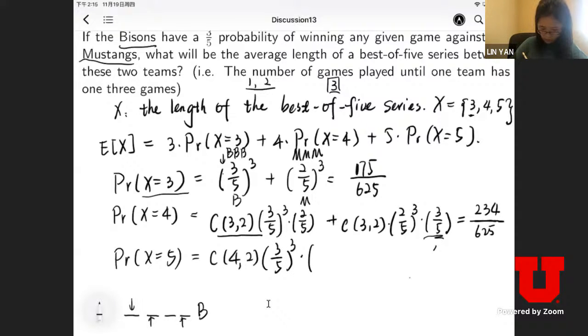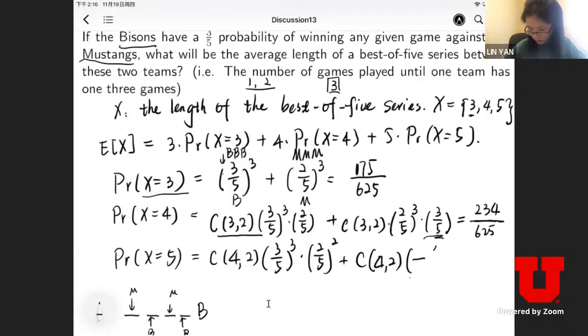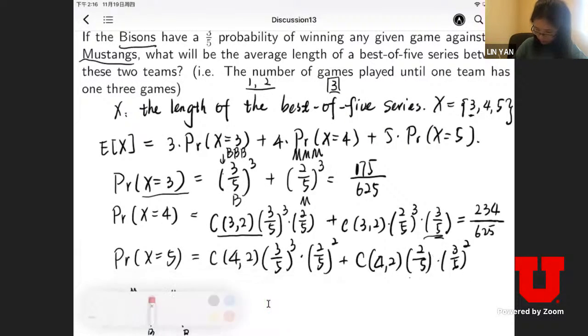And the other 2 are M. Plus the case where Mustangs win. So it is equal to